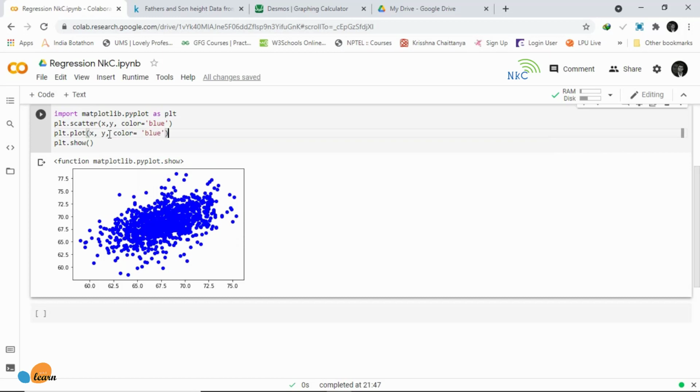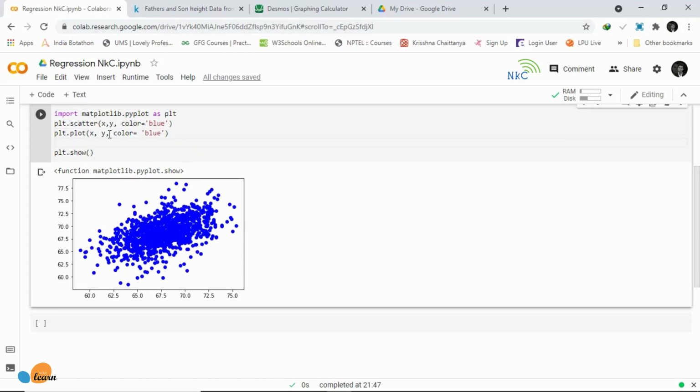But there is definitely a correlation here. And what our linear regression model is doing is plotting the line of best fit that most closely matches this dataset of correlation between father and son, right?